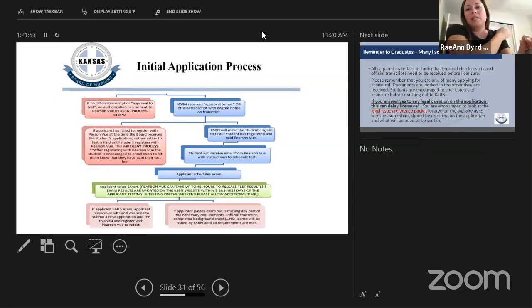But yeah, we can always get this out to you. I believe it is listed on our website, but this is just a handy sheet to go through and show them the process. You can go to the next slide, Janelle.